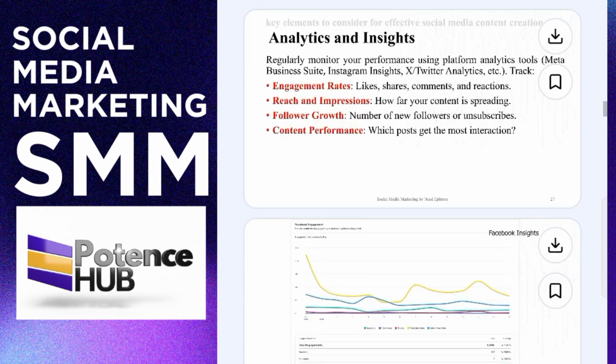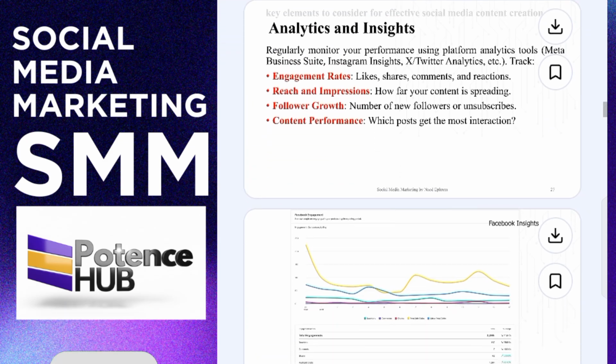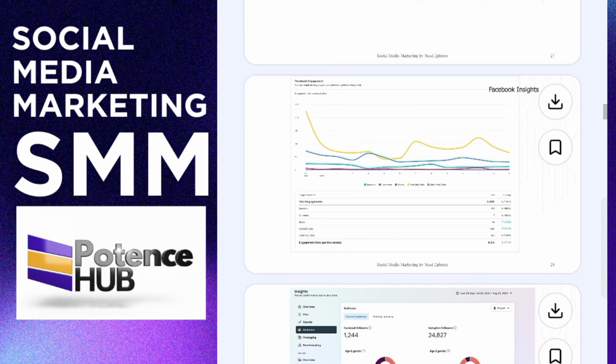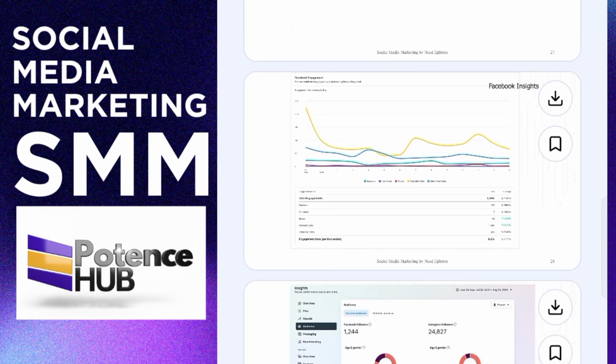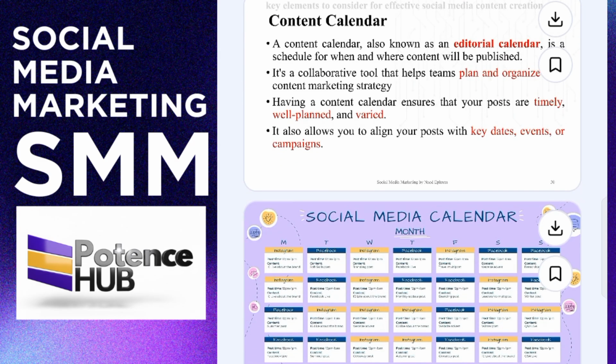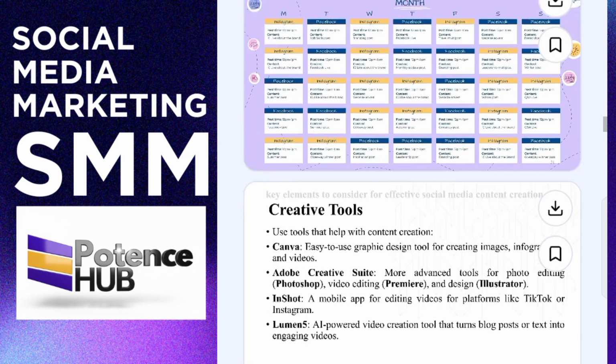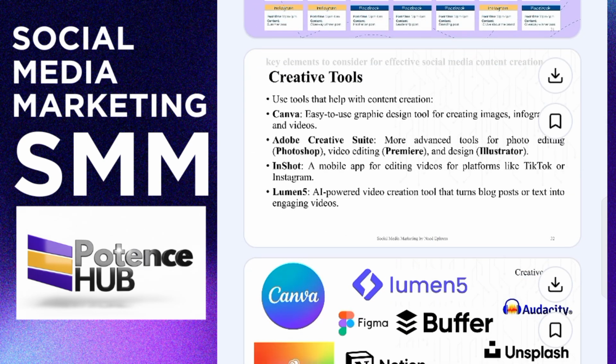Very important. As you can see now, these are some analytics. This is what analytics looks like. As you can see right here, it gives you an overview of how that post has been functional within the threshold of time that you posted. Like I said, a content calendar is very important. You should have a calendar to say, okay, Monday I'm posting this, Tuesday I'm posting this, Wednesday I'm posting this. You can make it intervals depending on what your goal is,